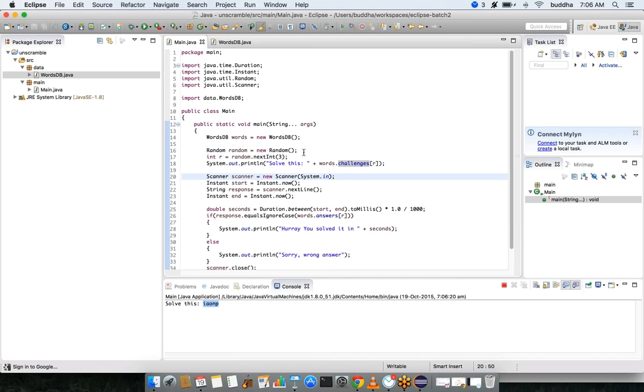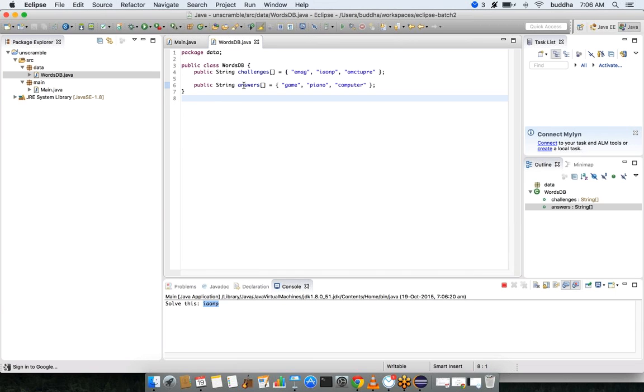Now what we did is we have actually moved the data part only, but in fact we can simplify it even further. Now if you see, I'm creating a new WordsDB class, and what I'm actually doing is creating public variables. But assume that your program is very big, and identifying using indexes is not so prudent.